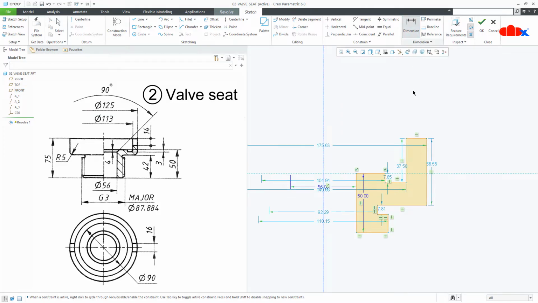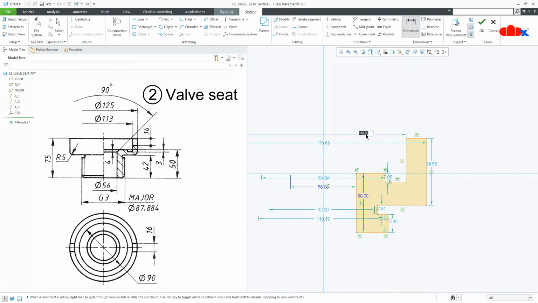Now the dimension, this dimension is 113, then this is 125 and this is 90, then this is 3.